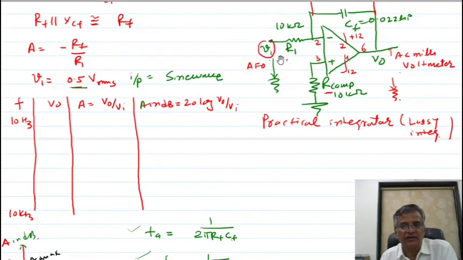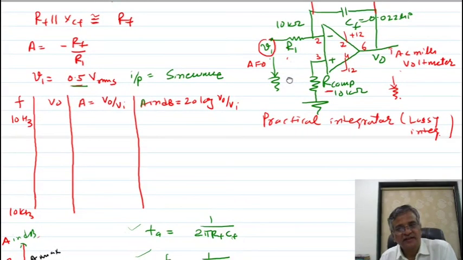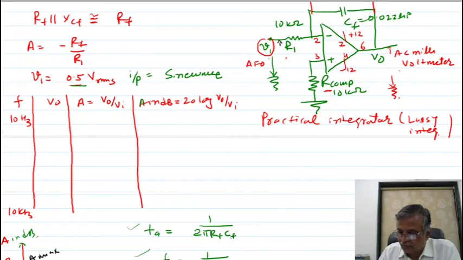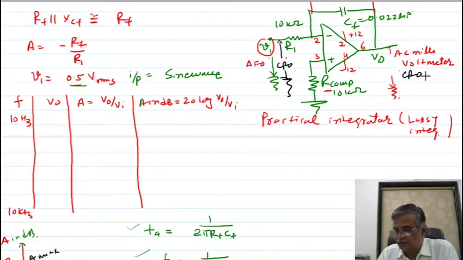So for the second part you have to connect the CRO: channel number 1 here, channel number 2 at the output. In channel 1, suppose you have given the input as a sine wave, the output you should get is a cosine wave. If you have given a square wave input, you will get a triangle output. If you give a triangle input, then the output is a sine wave. So this you have to verify in your practical lab. Okay, thank you.